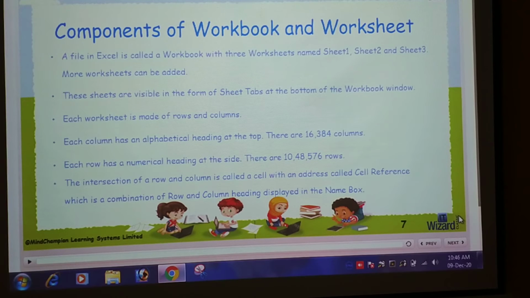Now next point is cell. What is a cell? The intersection of row and column is called a cell, with an address called cell reference, which is the combination of row and column heading, displayed in the name box.